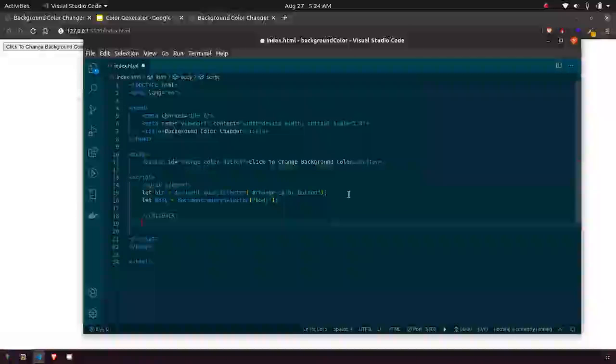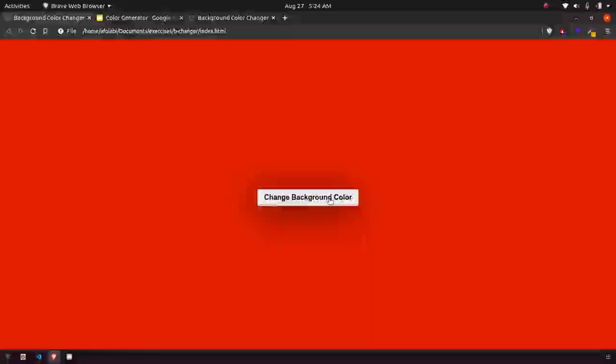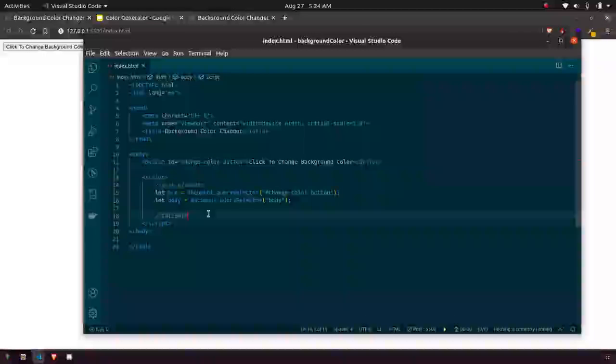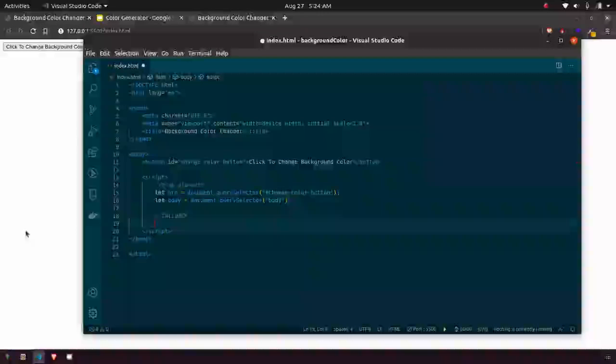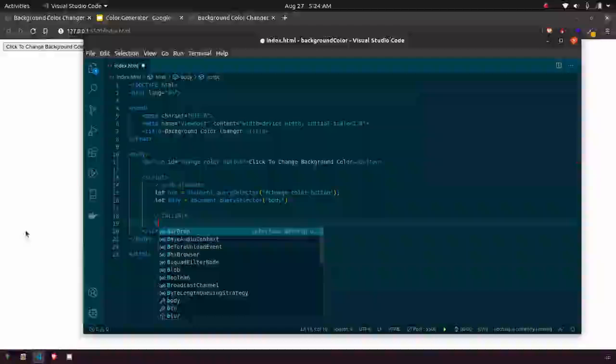Okay, so for these actions to happen majorly, we need to click on the button. When we click on the button, that's when we want the color to change, like we have here. So that requires a callback because we want the action to only take place when we click, not before, just after we click. Okay, so I'm going to say btn